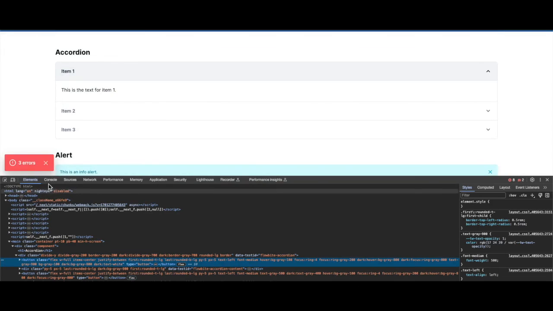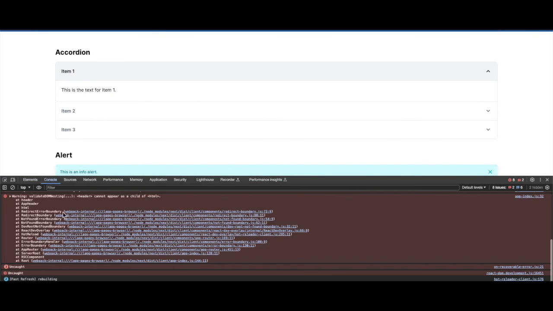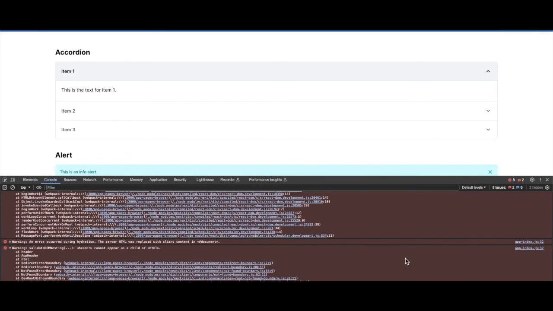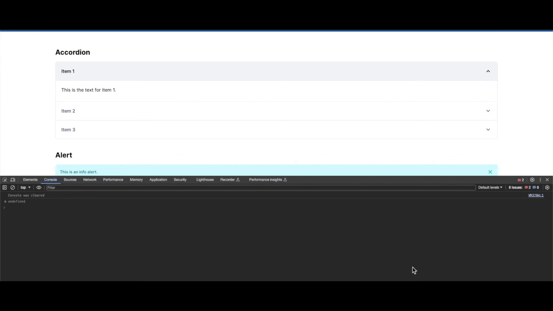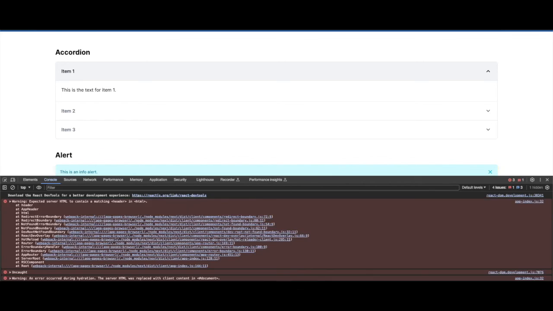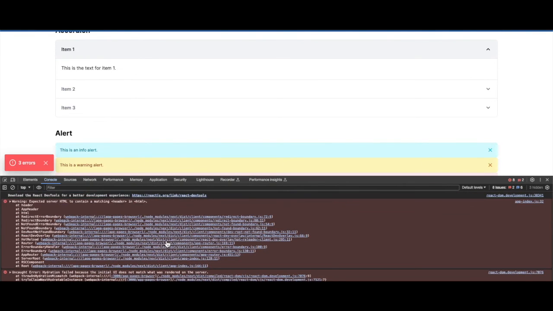Let's troubleshoot. Okay, so we got several outputs here. Let me just clear this out. Now, what you're seeing here is a mix of errors and warnings. Some of these warnings could be ignored. Let's just refresh, because I want to get a clear console output. So let's scroll to the top. So the first one